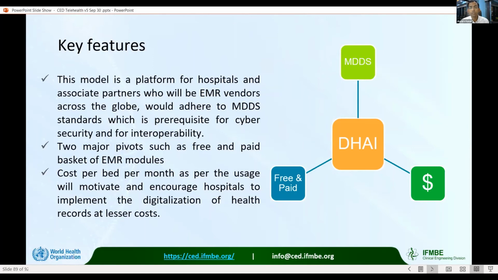And two, the various providers could announce the cost at which they provide the additional services like analytics, storage, advanced modules such as that for laboratory or ICU care, and so on. Therefore, even those hospitals, care providers, and clinics which do not have large budgets to implement everything can start their journey from a free basket, which is really small and good enough to start patient records and building upon it with time.